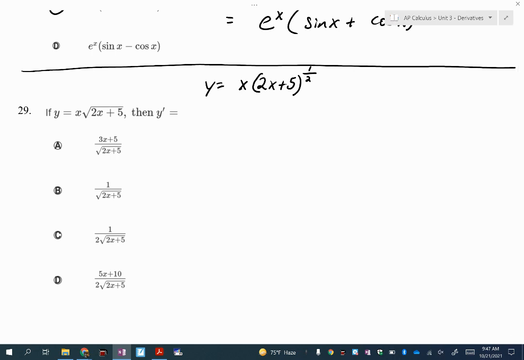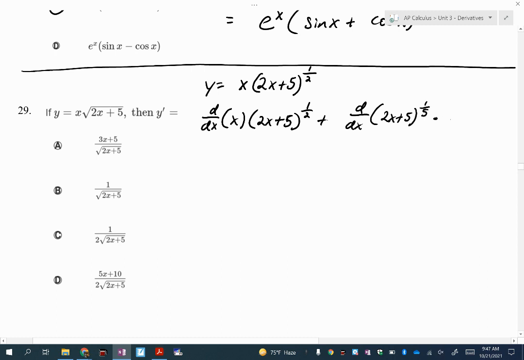So here's the derivative for y. It's d/dx of x times (2x + 5)^(1/2), plus the derivative of (2x + 5)^(1/2) times, not 1/2 power, or yes, it is 1/2 power. I said 1/2, but I wrote 5, times the original x. All right, we know the derivative of x is 1, so this just becomes (2x + 5)^(1/2)